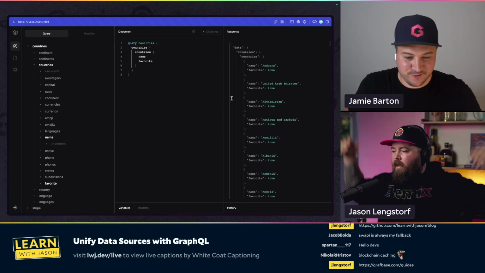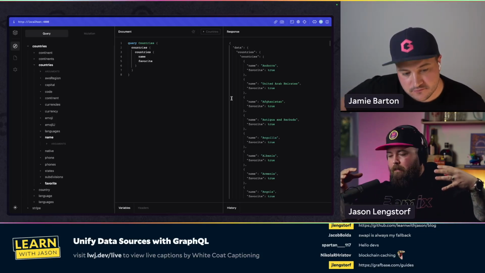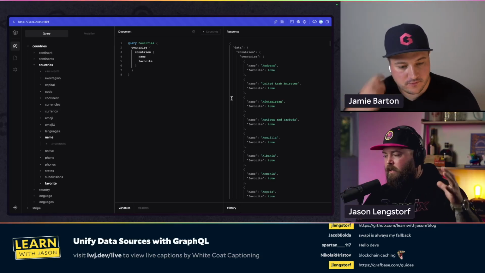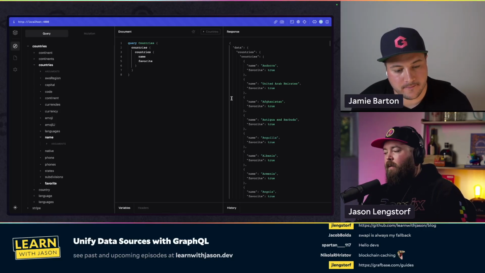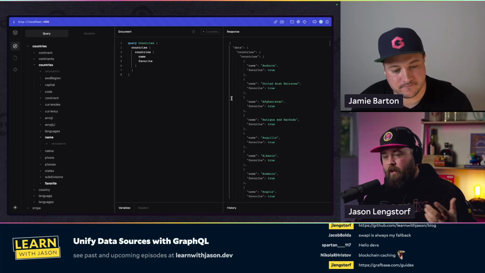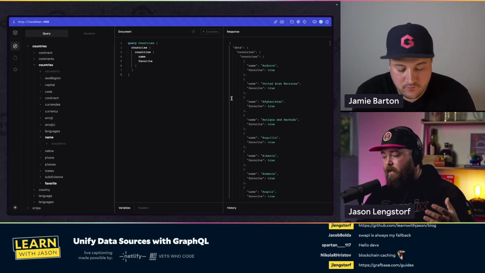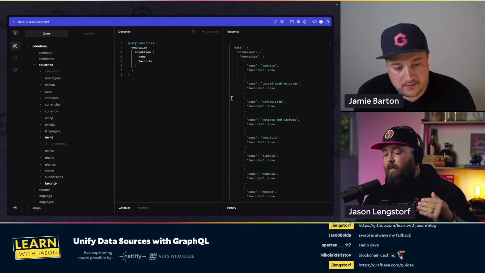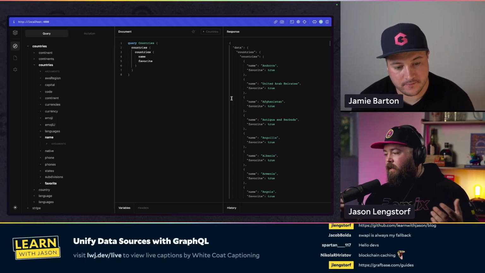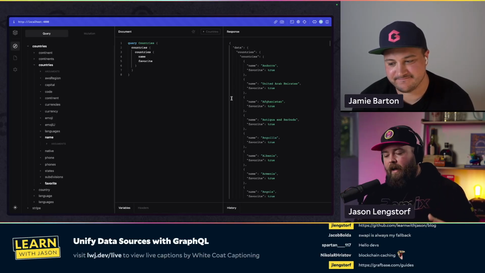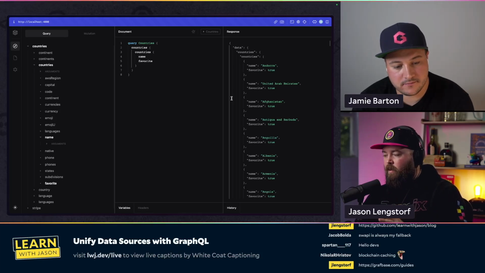Cool. Woohoo. So this is awesome, and this is the kind of stuff that I think is so impressive about working with GraphQL. People have a lot of feelings about GraphQL. I do think that, due partially to projects like Gatsby, which did a lot of work to popularize GraphQL and also used GraphQL for a lot of things that it never should have been used for, people have developed some opinions like, oh yeah, GraphQL is too much work. It's whatever. But this kind of stuff is, I think, so magical when you get to work with these APIs,